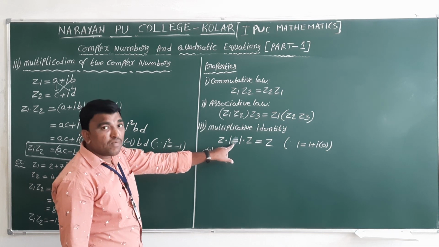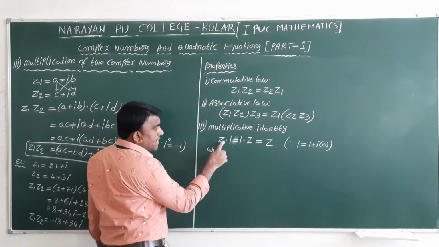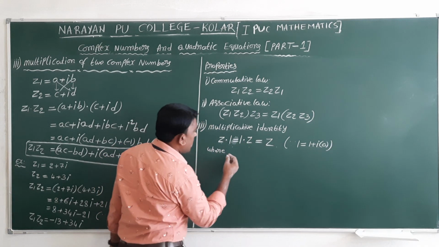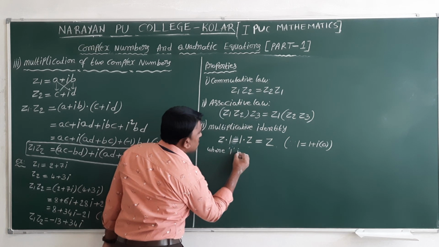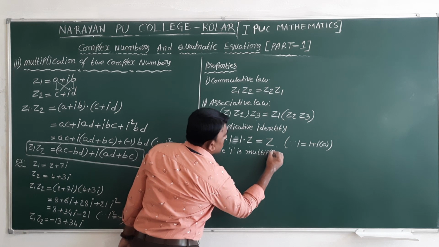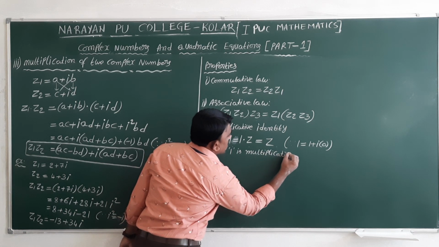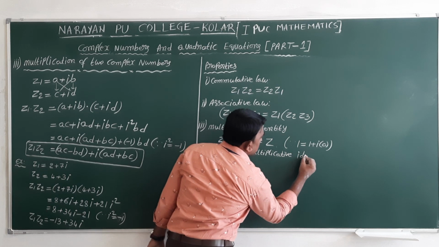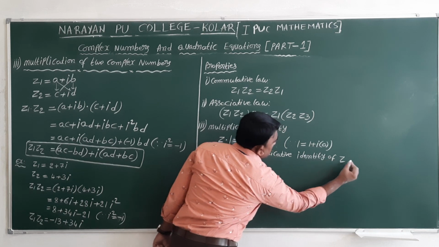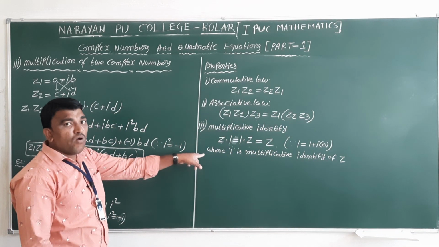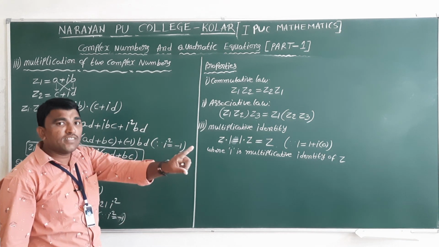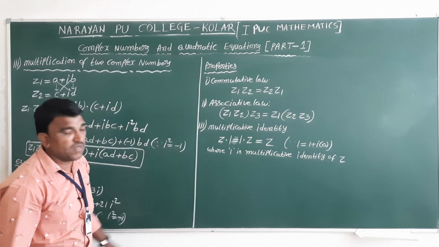where the multiplicative identity property is z into 1 equal to 1 into z is equal to z, where 1 is the multiplicative identity of z. So just remember this property: the multiplicative identity of any given complex number is always 1. Next,